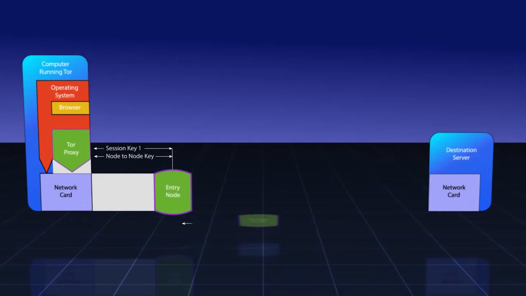We'll call this our middle node. Because all Tor nodes keep a TLS key with all other Tor nodes, we'll indicate that this is already present. Our Tor proxy then sends a message to the entry node instructing it to extend a circuit to the middle node. The Tor proxy is the piece of software that makes the choice of all nodes, including the use of